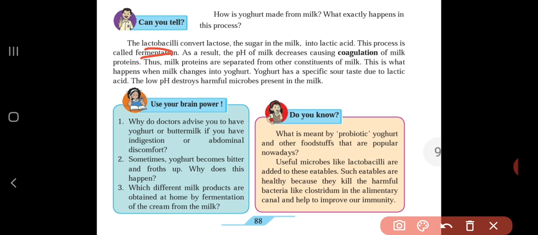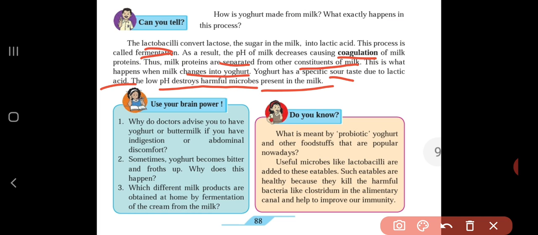As a result, the pH of milk decreases and leads to coagulation of milk proteins. So proteins which are present in the milk get separated. Okay, see, it's mentioned here. Thus milk proteins are separated from other constituents of milk, and this is what happens when the milk changes into yogurt. Yogurt has a specific sour taste due to lactic acid, and the low pH destroys harmful microbes